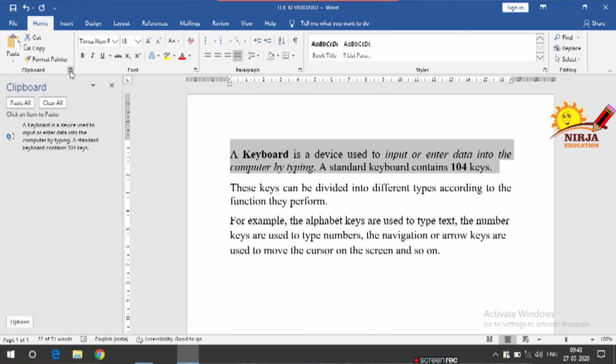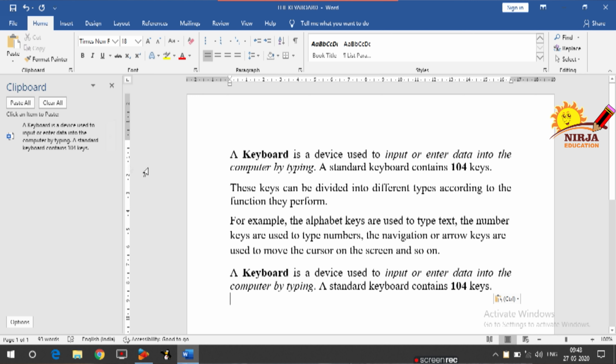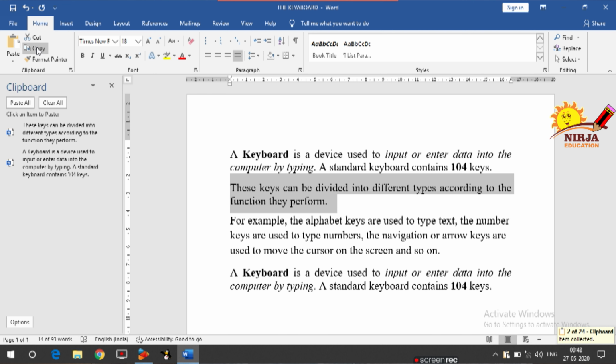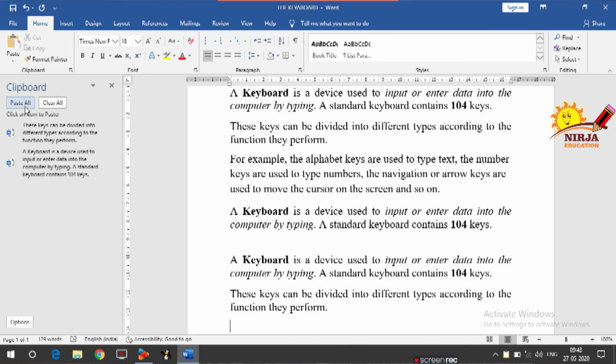Click here and as you can see over here, I have selected these lines, right? And if you want to paste all, place the cursor and click the drop down arrow and place it, right? Let's take another example. I am copying this text. So as you can see, the second also came here, and if you want to paste all the content again, place your cursor wherever you want to paste and then paste all, right?